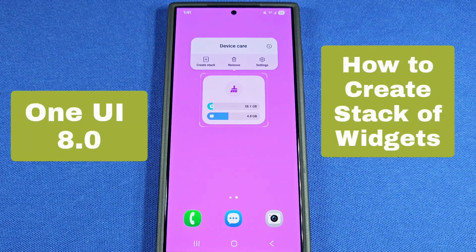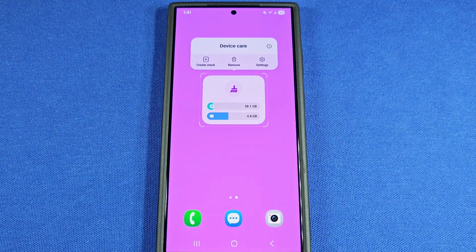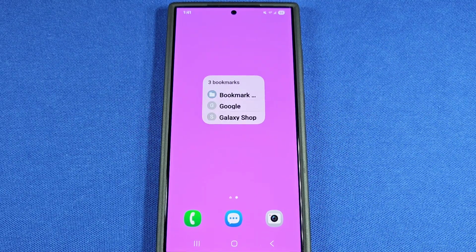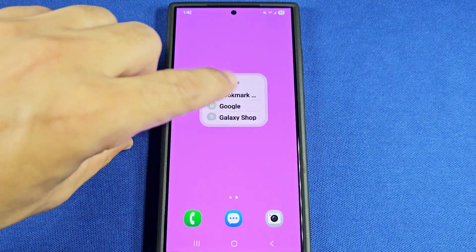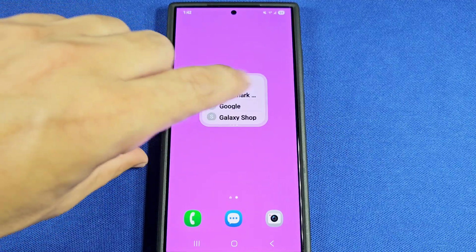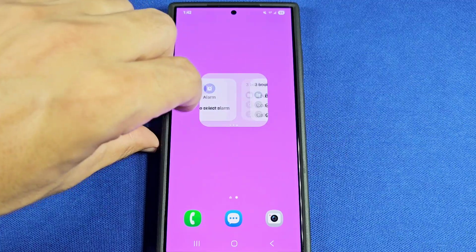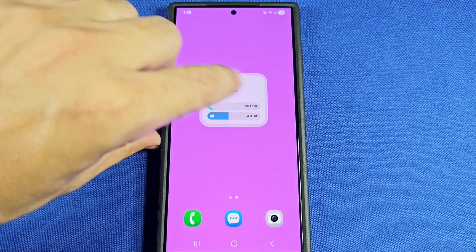How to create a stack of widgets within one widget on your home screen for your Samsung phone with Android 16. To give you an idea of how the widgets that are stacked up look like, it's going to be something like this here. So you'll have your widgets there, all in one area, by swiping over to navigate